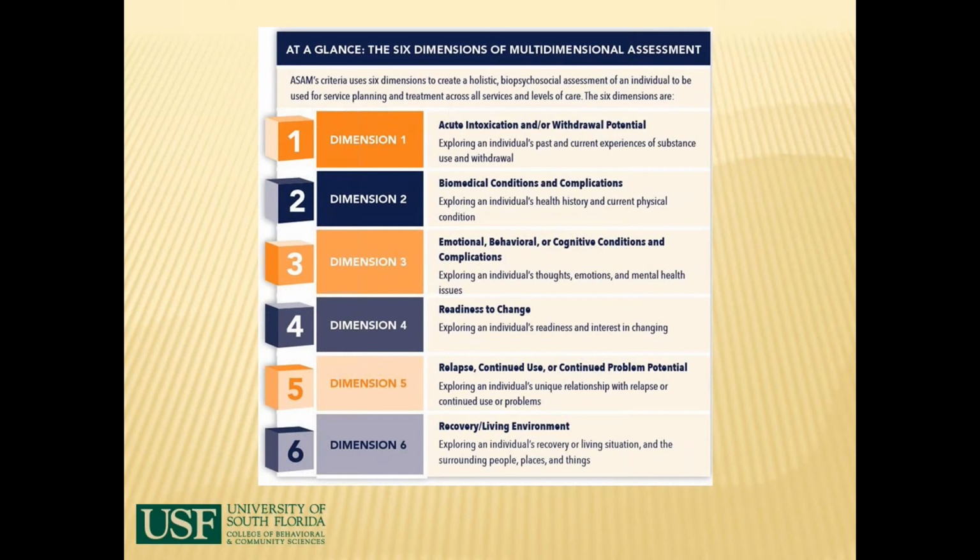If you have a client who needs residential treatment, for example, when you look at these other dimensions, but they're also an insulin-dependent diabetic, you're going to need to know that you're going to have to match them to a residential program that can give them access to their insulin and has appropriate medical personnel on staff who can supervise that ongoing therapy. Or what if somebody were on dialysis because of kidney failure? So you have to make sure that people are in programs that can accommodate, work with, and appropriately treat these co-occurring biomedical conditions. Dimension number 3 is emotional, behavioral, or cognitive conditions and complications.